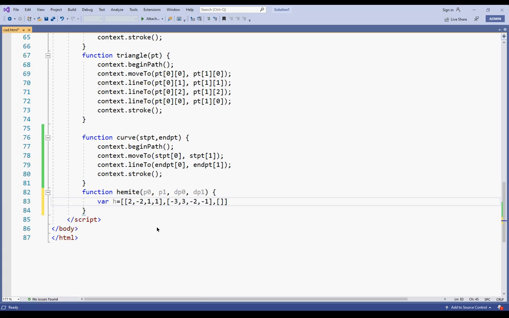Next will be 2 zeros, 1 comma 0, and last will be 1 0 0 0, comma 1 comma 0 comma 0 comma 0. So this is my H matrix. If you remember, it is a 4 by 4 matrix. Just verify this and let me know whether this matrix is correct or not, which we derived earlier.